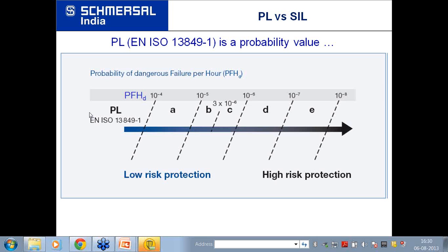Mr. L. Srinivas has asked, is there a possibility to get the ladder logic diagram of the PLCs which we have used in our company? Whether you are talking from a safety point of view, or about the specific PLC installed in your factory, I think you'll have to contact the manufacturer of the PLC. But from a safety point of view, even the safety PLC has the same kind of ladder logic diagrams. You can program a safety PLC in the same manner as you program a normal PLC. So there is no difference.